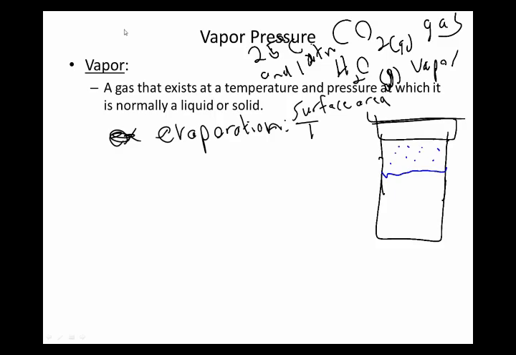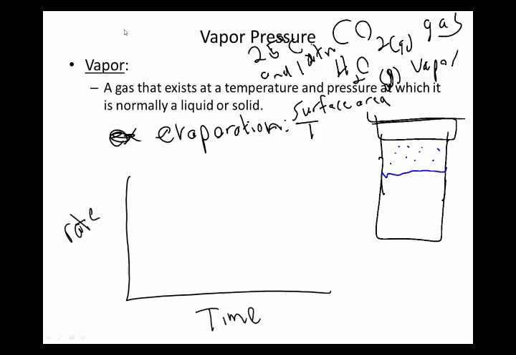Now, I'm going to draw a little graph here. This is rate over time. The rate of evaporation over time is going to stay constant. It just stays exactly the same because I'm not changing the temperature and I'm not changing the surface area. So